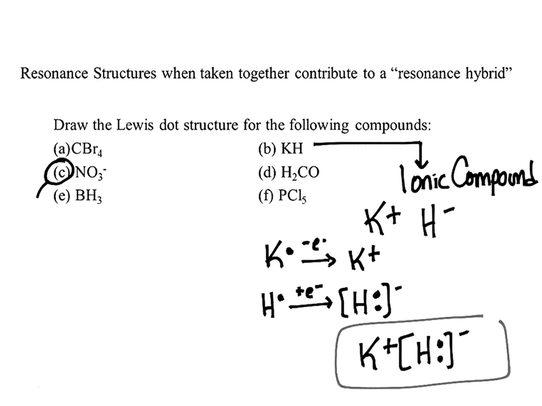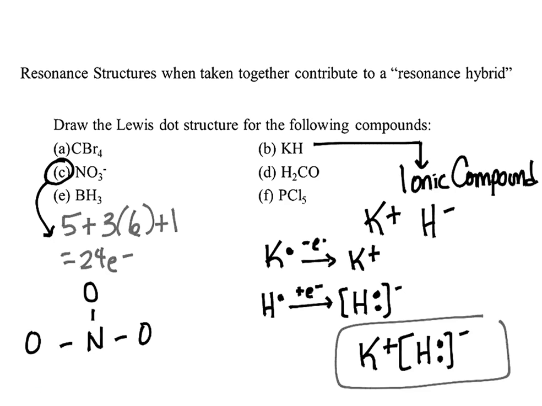Number 3 is nitrate. Nitrate was the example we gave in the last one. If we drew this Lewis dot structure, we would get 5 valence electrons for nitrogen and 6 for each oxygen. Then we're going to add 1 to the overall because it has a -1 overall charge. That gives us 24 electrons. When we add this up, now we're going to connect each atom with single bonds. Now, when we add in electrons to get to 24, we have 2, 4, 6 from the covalent bonds, and then each oxygen has 3 lone pairs that I've drawn here. And so I'm done. I've added 24 valence electrons, but the